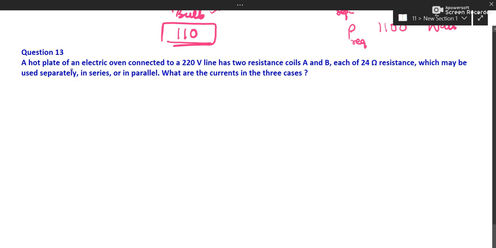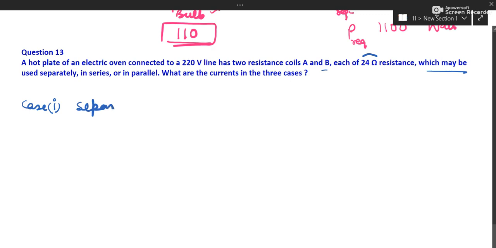A hot plate of electric oven connected to this much voltage has two resistance coil A and B, each of 24. Okay, so there are two coils, each of this, which are used separately, in series or in parallel. So there are so many cases. When used separately, case number 1,